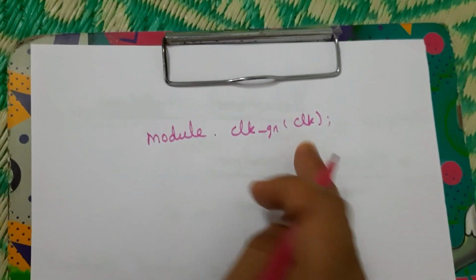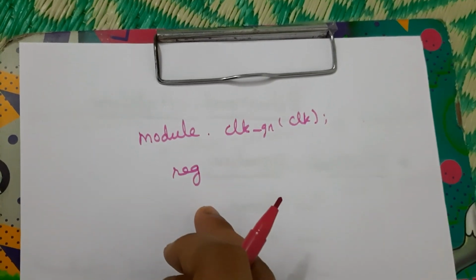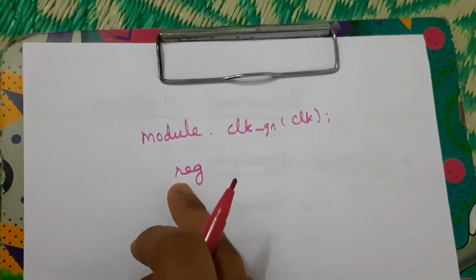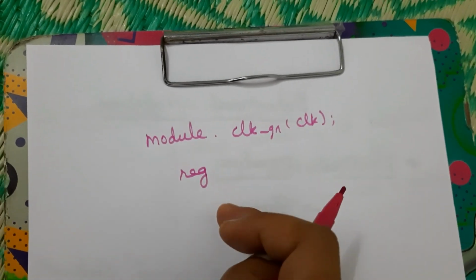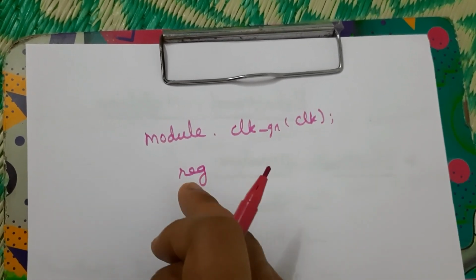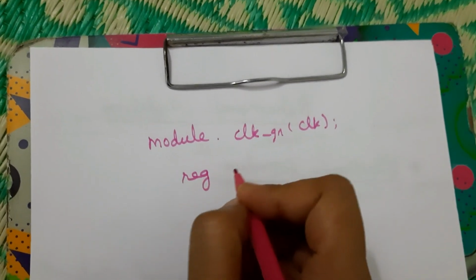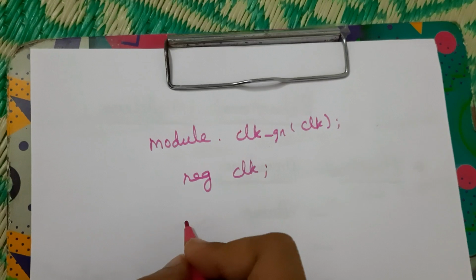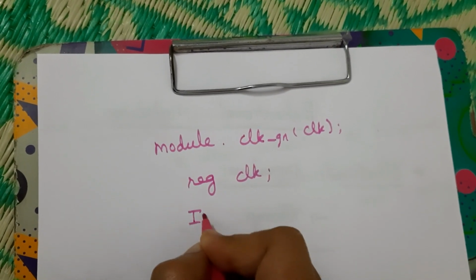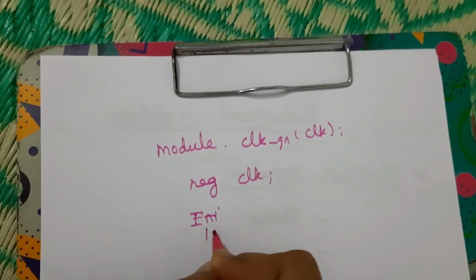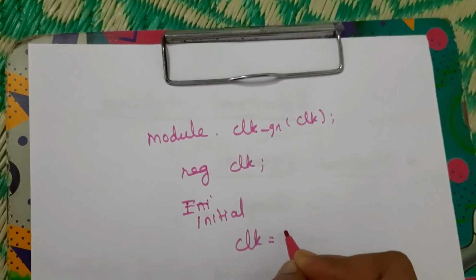So this is the clock we have to generate, and what is the output we get? We declare that as a register in behavioral modeling. So clock is the output, a reg output. We declare this clock as a reg, which is a keyword, and clock. And initially we have to mention initial, this clock is 0.